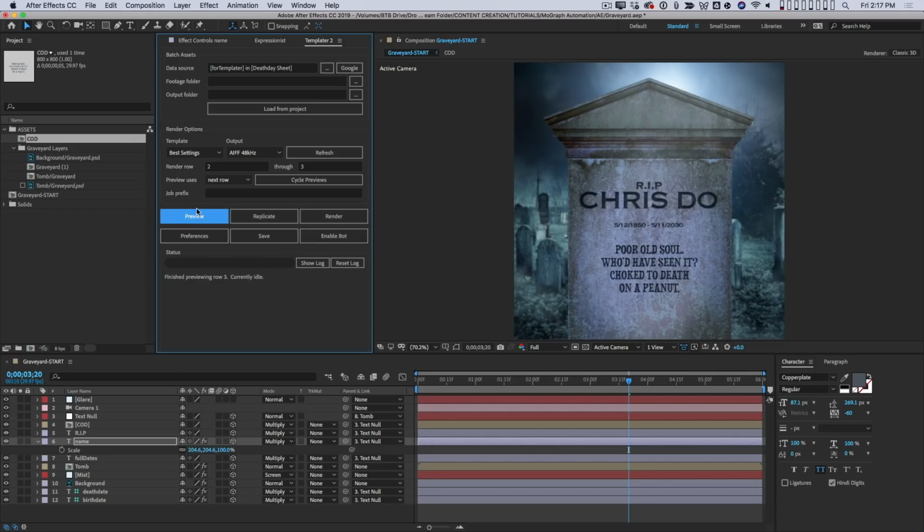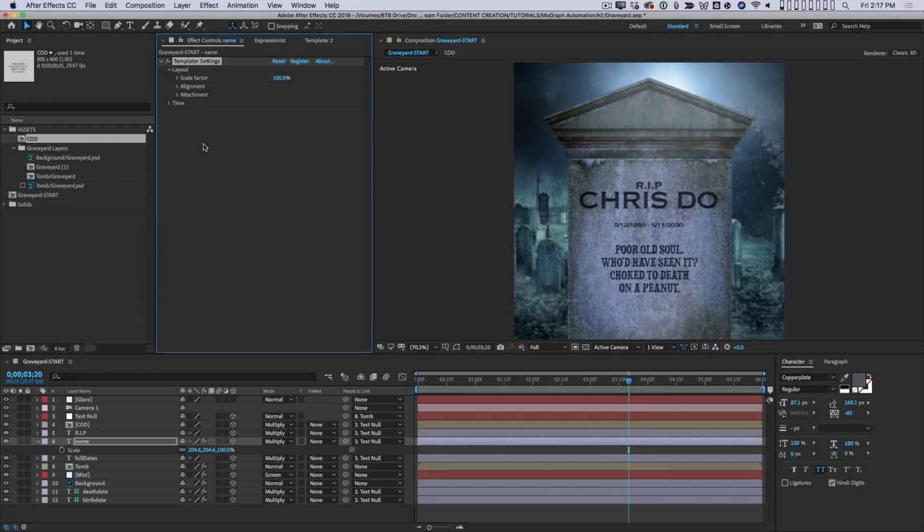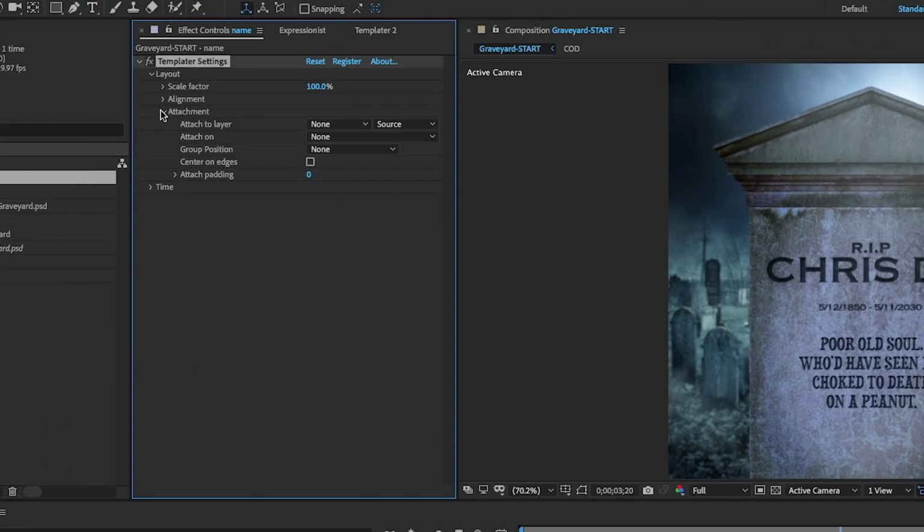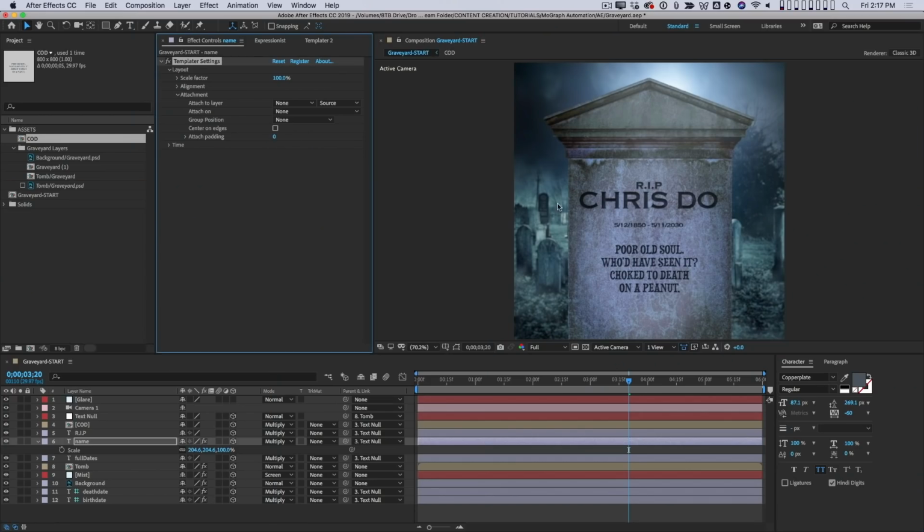It's pretty slick. Now we still have the problem of the spacing between rest in peace and the name keeps changing, and I want it to look well designed. This is too much space, okay? So here's what we're gonna do. We're gonna go back into the effect controls and we're going to use the attachment property. And what we're gonna do is attach this type layer, name, to another layer. And I'm going to attach it to the layer rest in peace. And I want to attach on the bottom edge